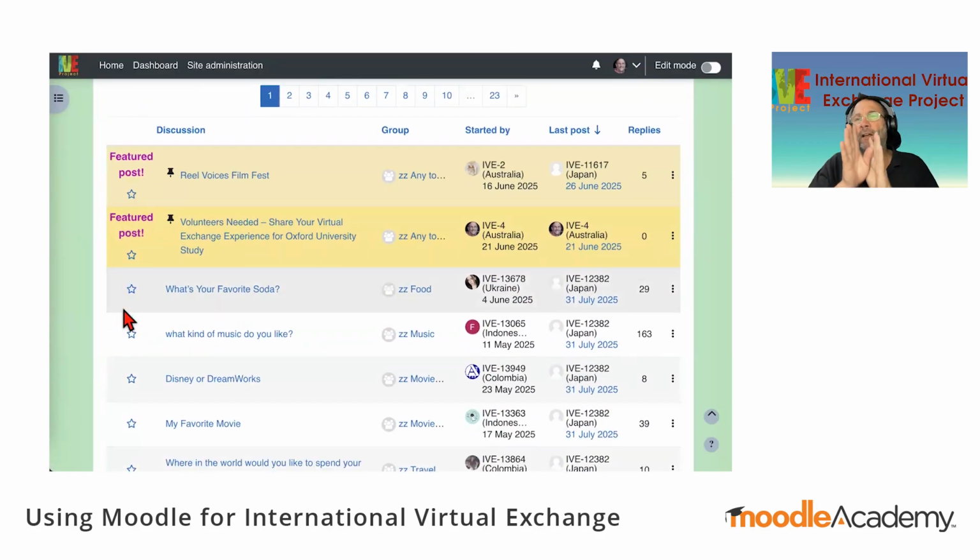Now, this forum, for those of you who used Moodle in the past, going way back, you'll have noticed around 2018, 2019, the forum view changed quite dramatically. That was because the International Virtual Exchange project asked a programmer to rewrite the forum code.